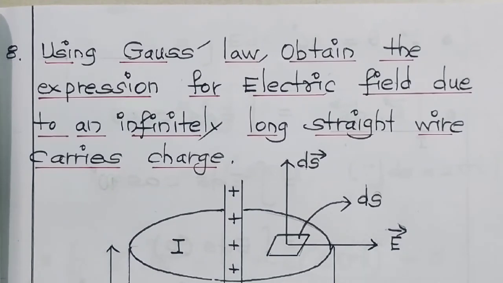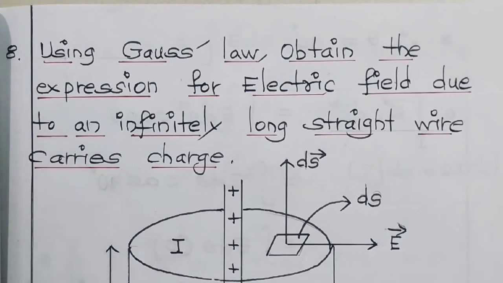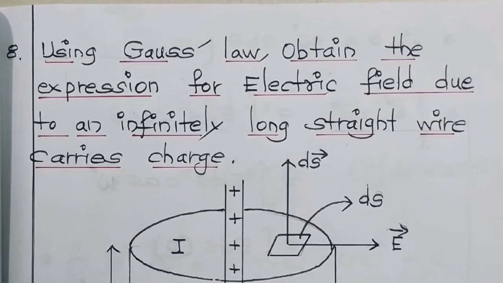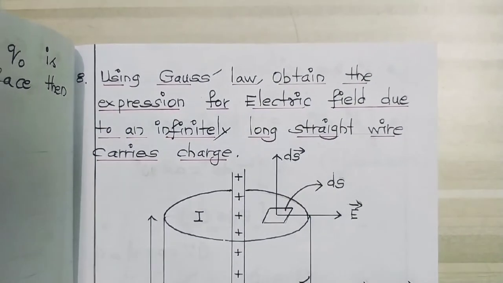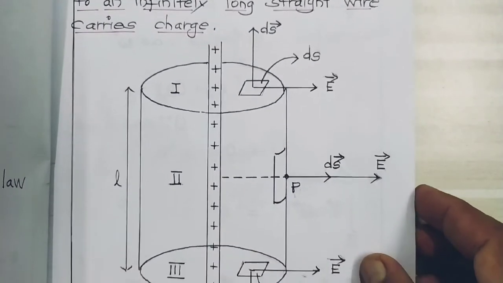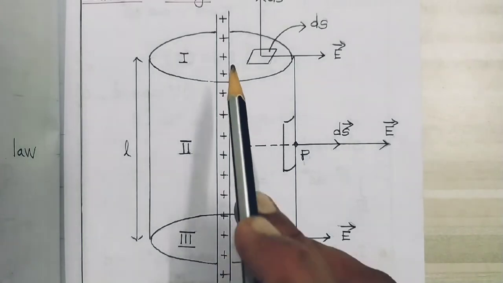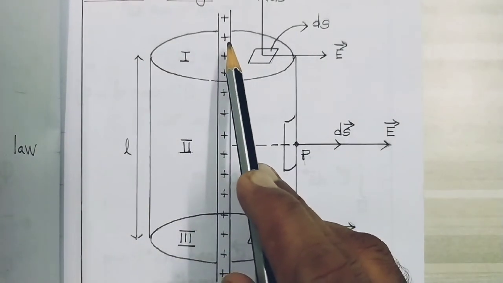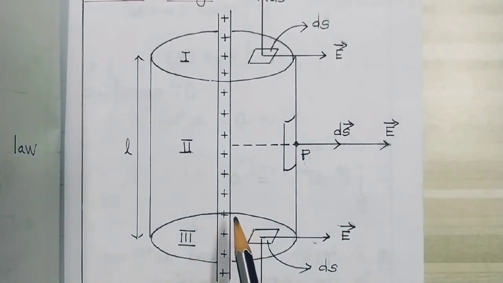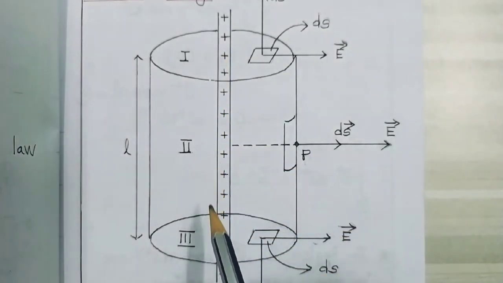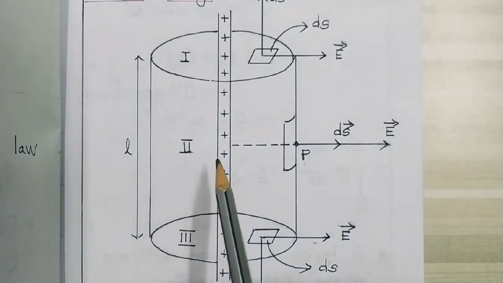Before that, let us understand the diagram thoroughly so that it would be easier for us to derive the derivation. Okay. Now look at the diagram. Here is the long, infinitely long straight wire. Let us assume that it carries positive charge. So what happens? The electric field